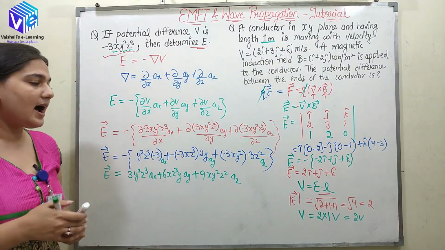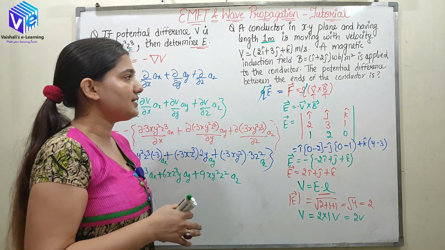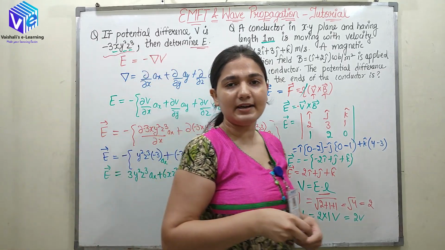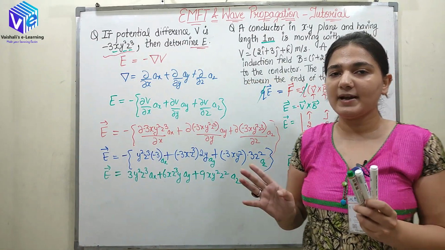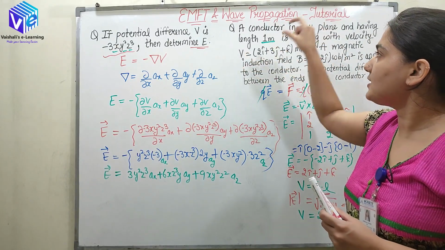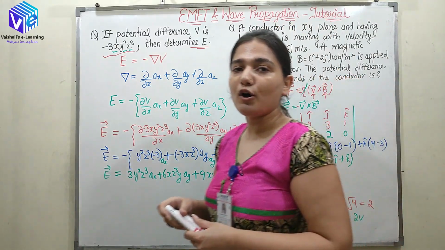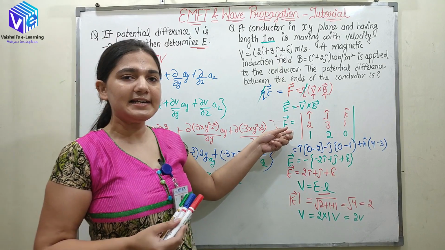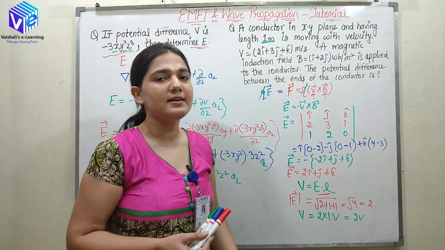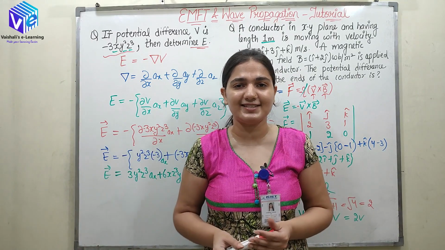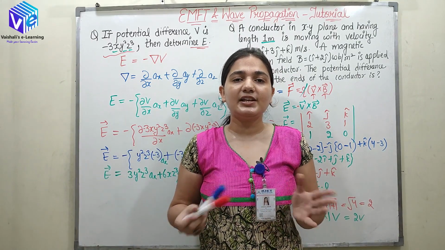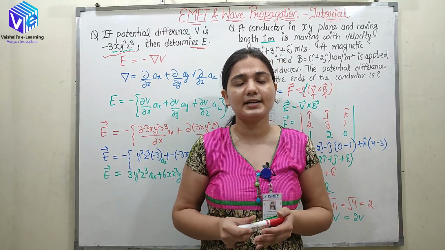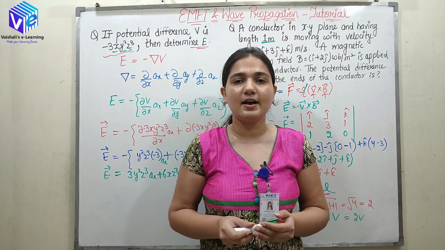So now here I have found out the potential difference with the velocity and the magnetic induction field. So if I know the magnetic induction field, the velocity and the length of the conductor, with all of these I can find out the force. With force I can find out the electric field intensity, and with electric field intensity I can simply find out the potential difference. So this is how I can have the relationship between electrostatics and magnetostatics. So we have covered a lot of questions upon unit 2.